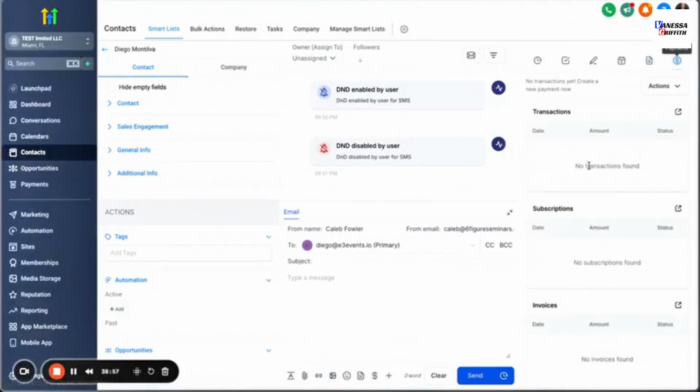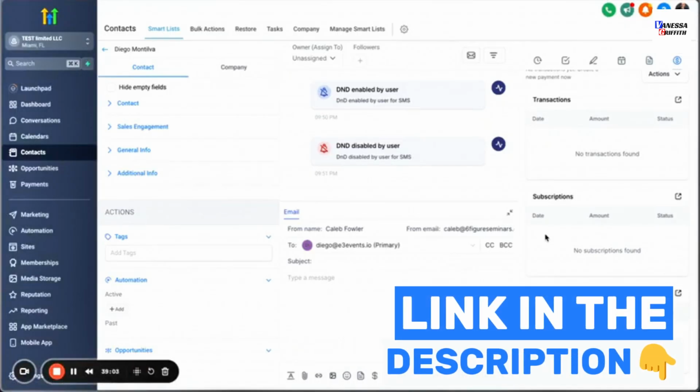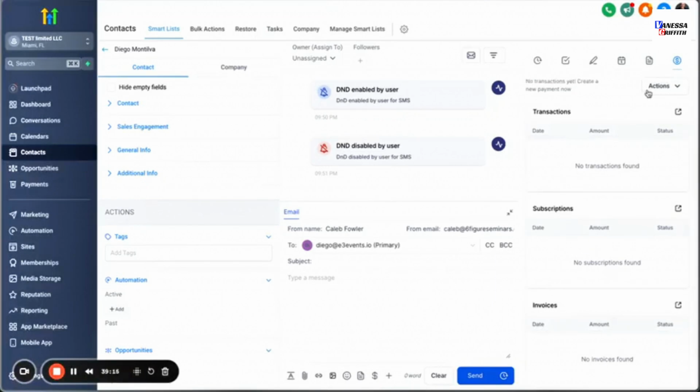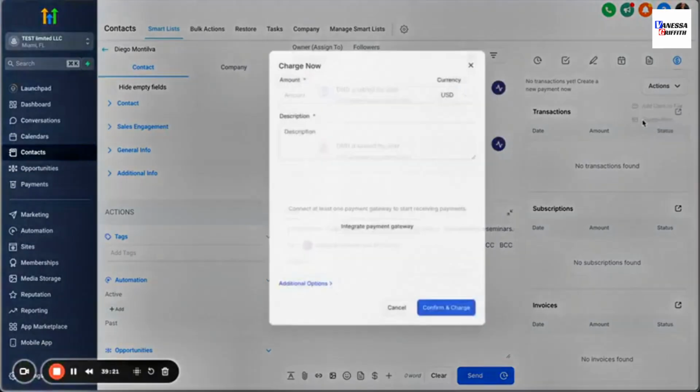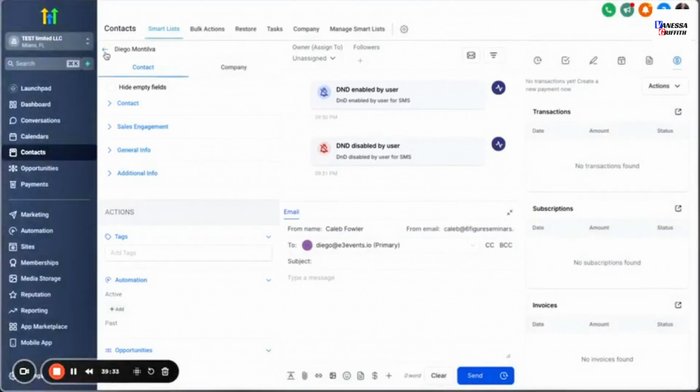And then payments. You can see all the transactions that they have performed, their current subscriptions, like a payment plan of sorts, for example, or the invoices. You can send invoices here in GoHighLevel, and you will be able to see if those invoices have been paid or not, their current status, and so on. And you can also perform actions here, like add a credit card on file or charge them manually as well. So you just set the amount, set the description, and select the credit card on file. But in order to do that, you need to integrate a payment gateway, and we will go over that in another video, right? So I got a little bit ahead of myself here,